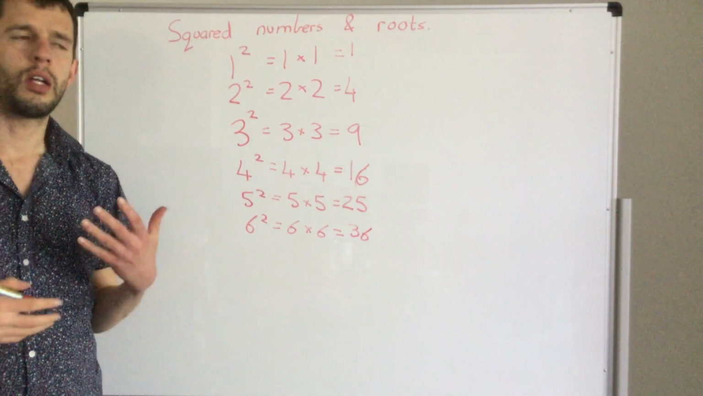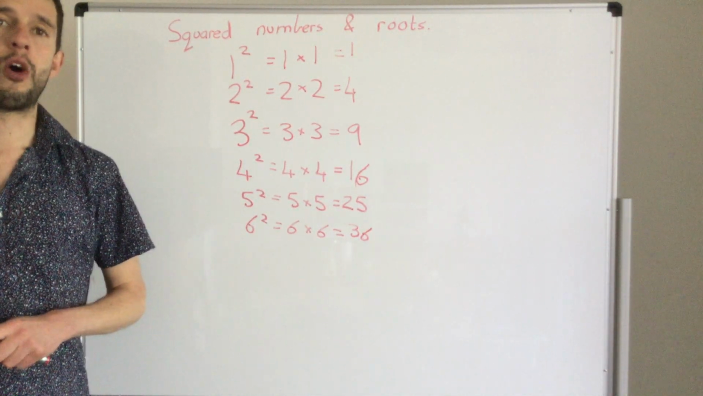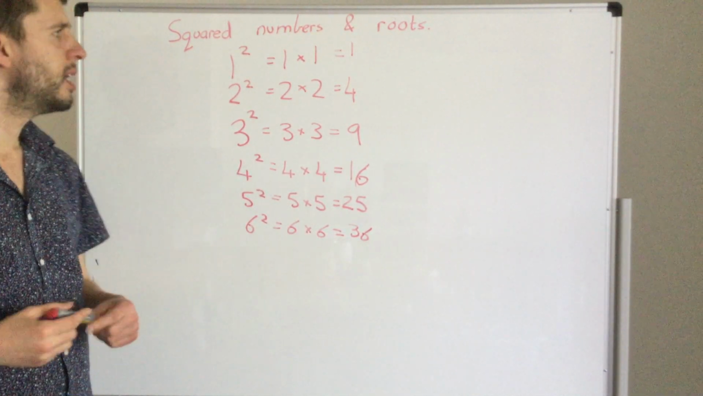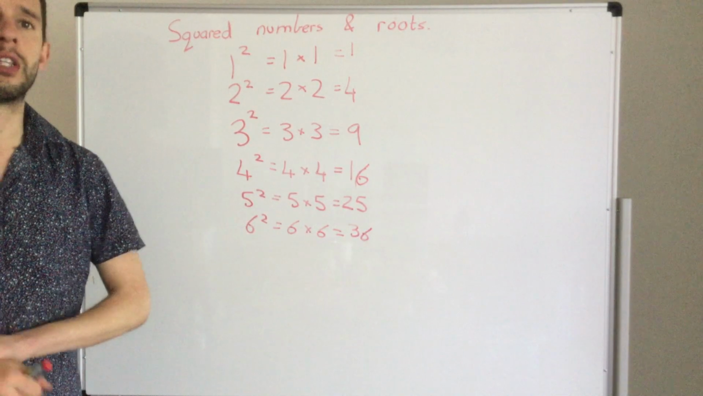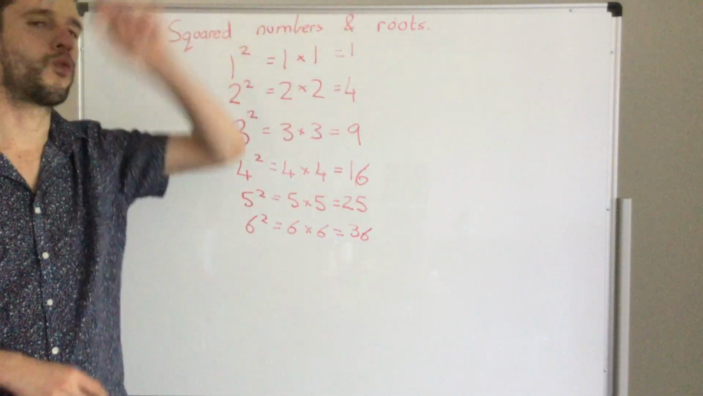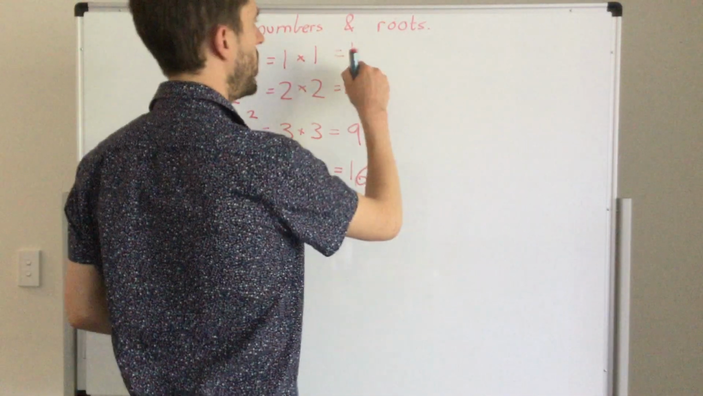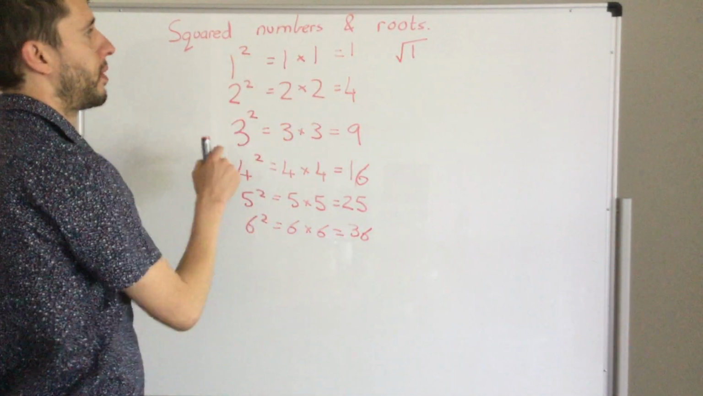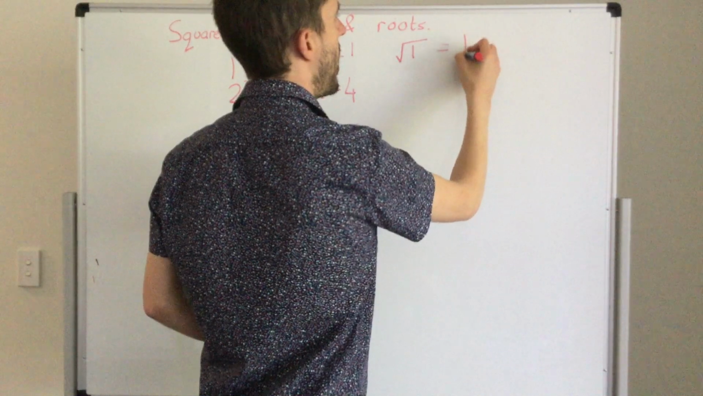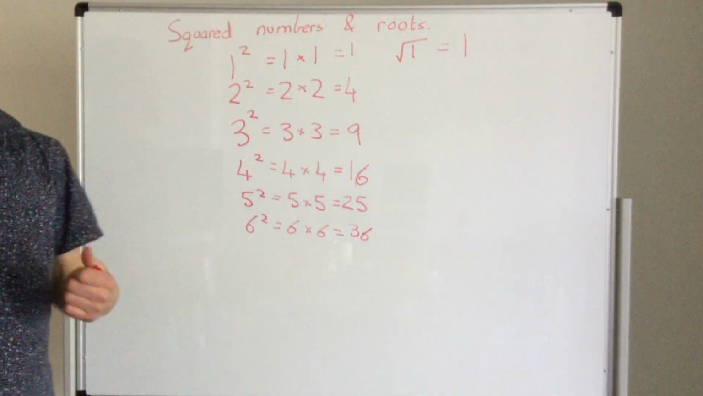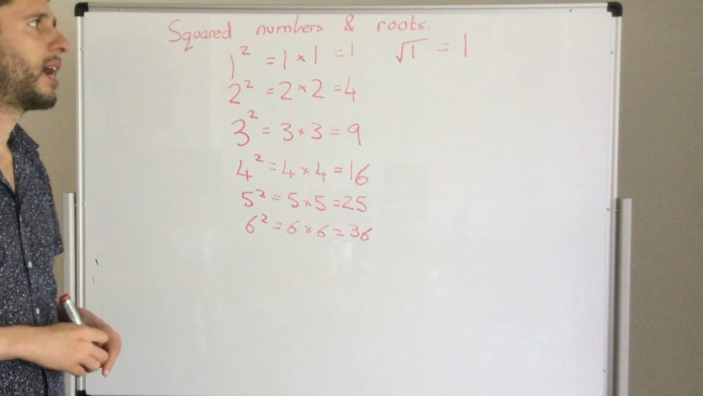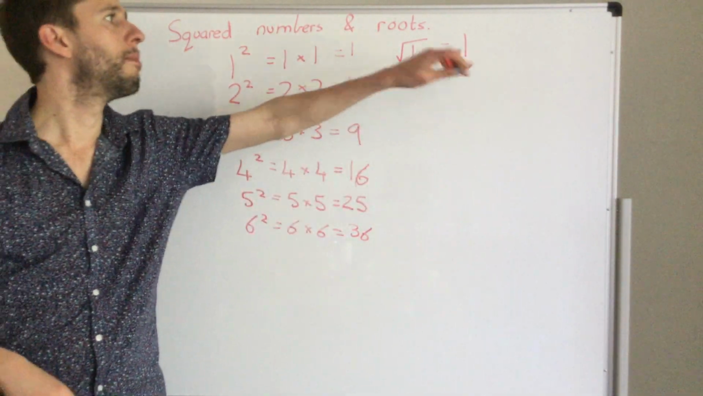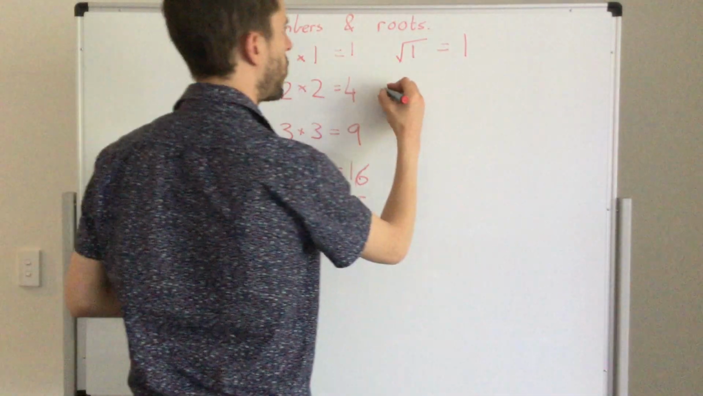Now, just like when we're looking at our operations, everything's got a brother and sister. Everything has an opposite. So to think about our opposites for a squared number, we think about roots. So if I've got a square root of 1, it's asking you the question of what are 2 numbers that I can times together to equal 1, and that would be 1. So if I've got a square root of 4,